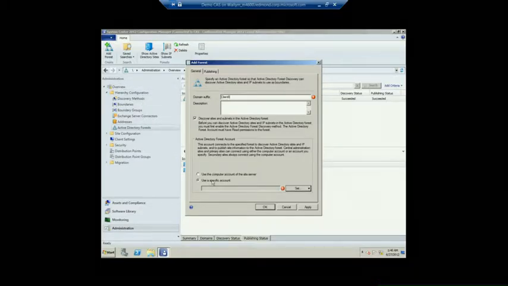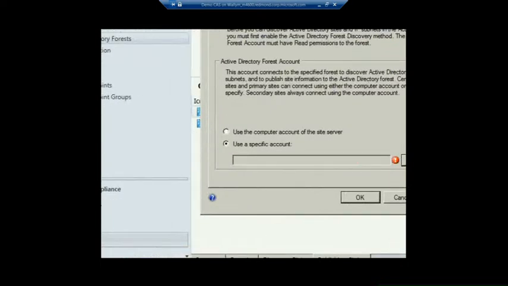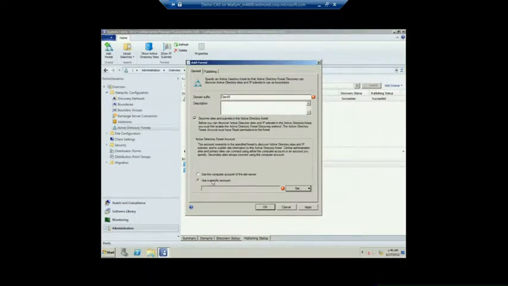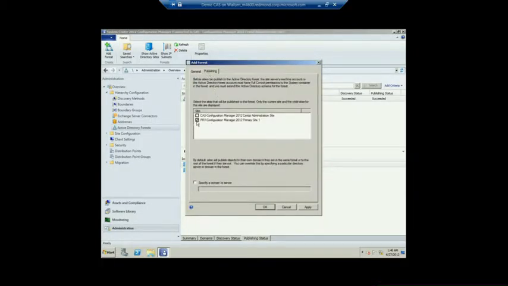My site server computer account may not be a valid account to do discovery in that remote forest, because I may be in an untrusted forest scenario. So I can designate an account that would have rights to discover in that remote forest. I can do that. And then I can also go to the Publishing tab,